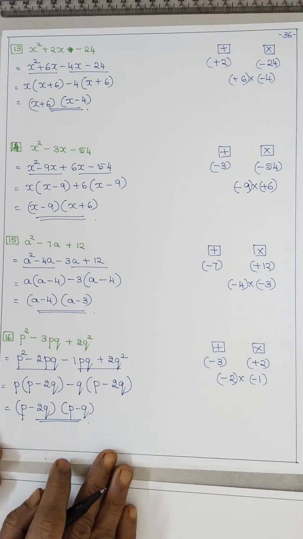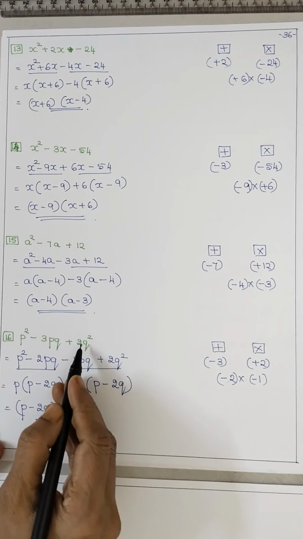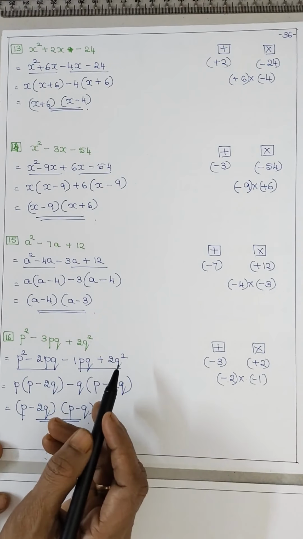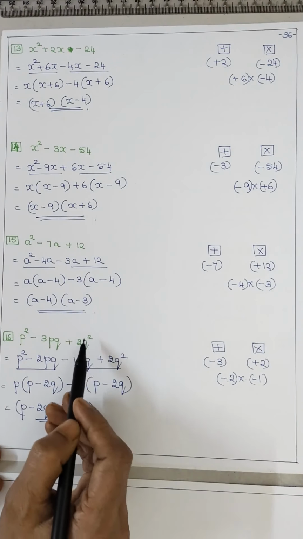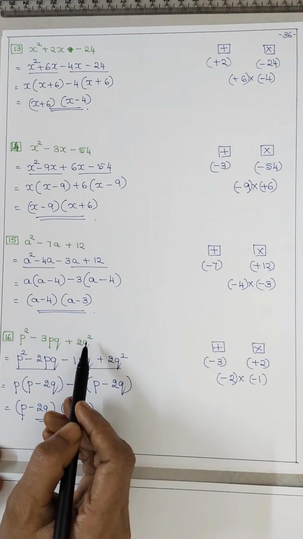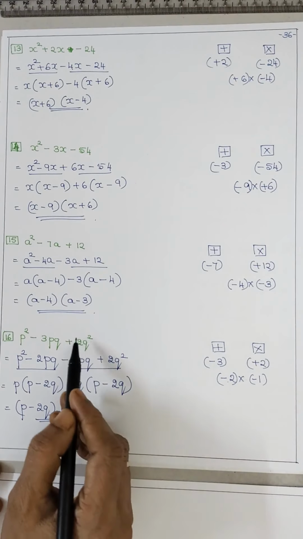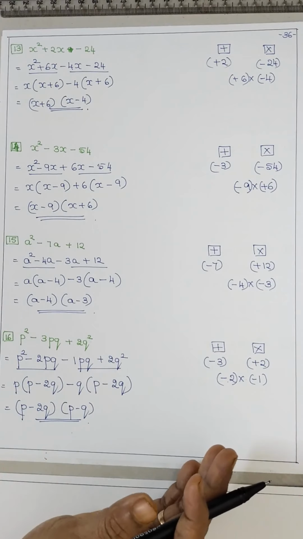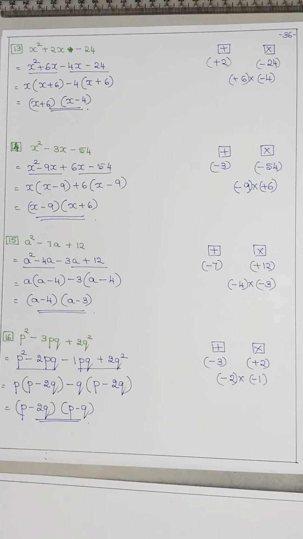Is it clear? So the last sum was a little bit tricky with the number extra, the alphabet, isn't it? q square was there, that is why. So in all the others you didn't have any alphabets, only the numbers were there. So if it is not a perfect square, then go according to this method. Is it okay? So we have completed worksheet 7 and also the full lesson of algebraic identities.